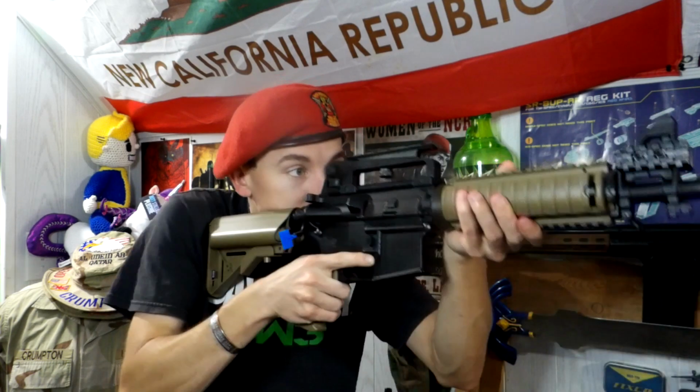It's not hard to figure out how to use. The trigger is not that bad. It has a very good trigger response. And even when running it on a 7.4 LiPo, Titan LiPo, mind you, I wasn't having any issues out of it out of the box, and I wanted to not hurt the gearbox straight away until